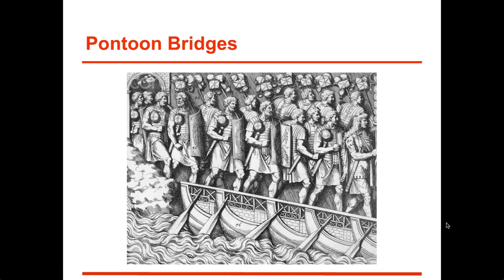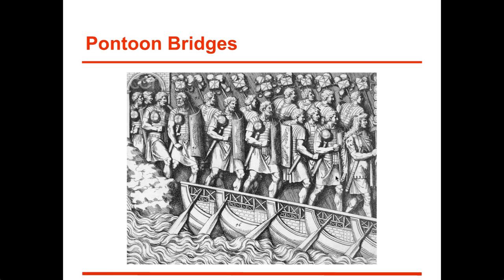So these bridges had to be built very, very quickly because they were mainly used by the military, and so they had to be guarded, and they were used to advance troops. So if at all possible, the enemy would try to prevent you crossing the bridge.